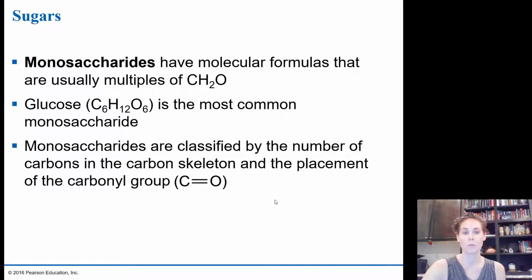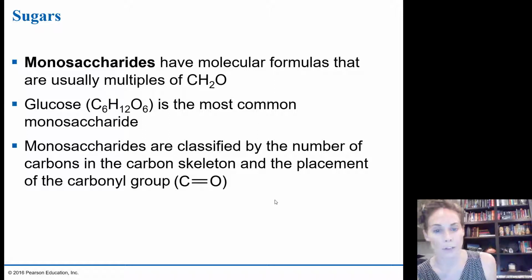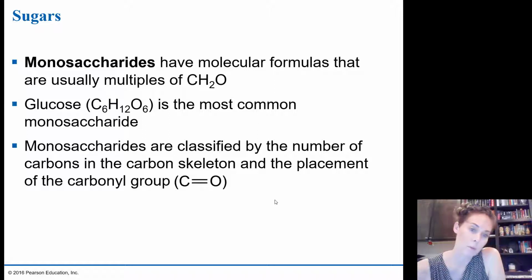Monosaccharides have a molecular formula that usually is some multiple of CH2O. So with glucose, we have 6 carbons, so 6 times the 2 hydrogens makes it H12 and then O6. It's the most common monosaccharide. Glucose is sugar, right? It's what you sweeten your tea with and add to cakes and cook with. Basically, it's cane sugar. Monosaccharides are classified by the number of carbons in the carbon skeleton and the placement of